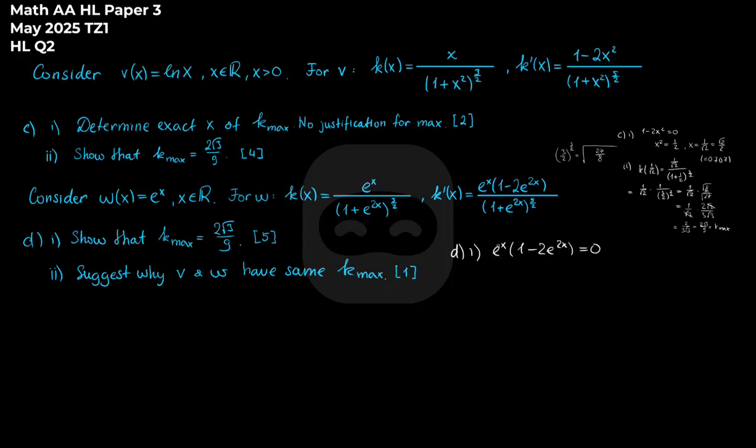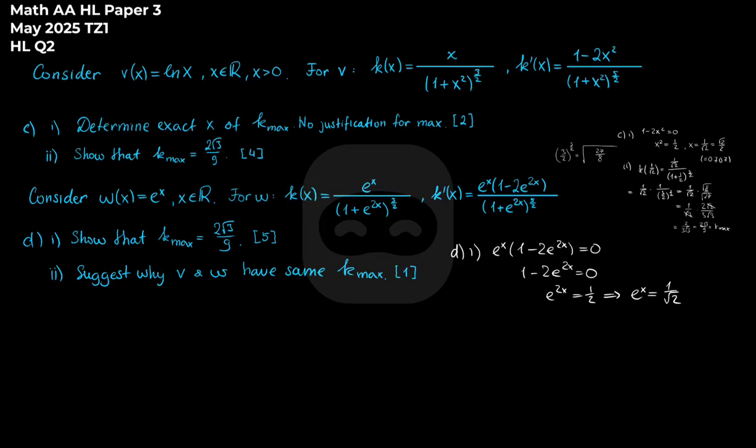Now the funny thing here is that e to the power of x cannot be equal to 0. So that means the only way this is possible is we need 1 over e to x to be equal to 0. And this gives us the fact that e to the power of 2x has to be equal to 1/2. And that means e to the power of x has to be equal to 1 over square root of 2. Now, why am I not writing x has to be equal to, I don't know, ln of 1 over square root of 2 or something like that? Because in order to find the k max value,